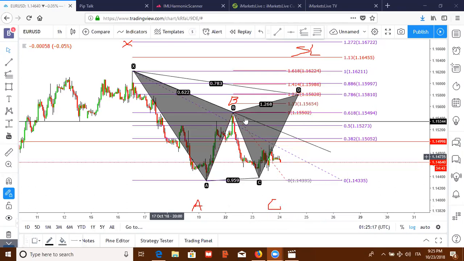So are you looking for a sell? Yeah, I'm looking for a sell opportunity. This will be a bearish Gartley right here. Another thing, looking at this also, I see that I have